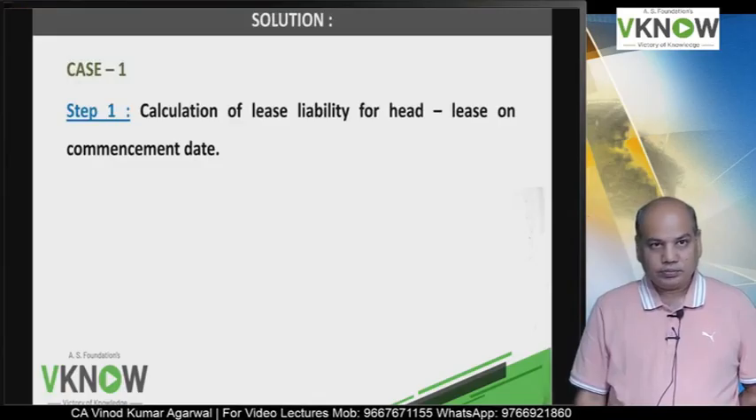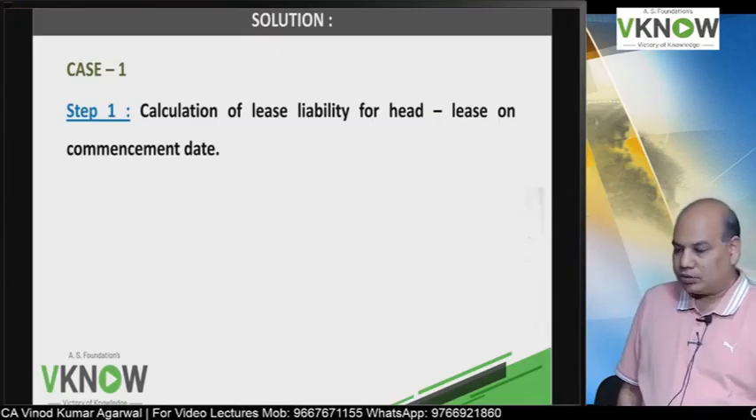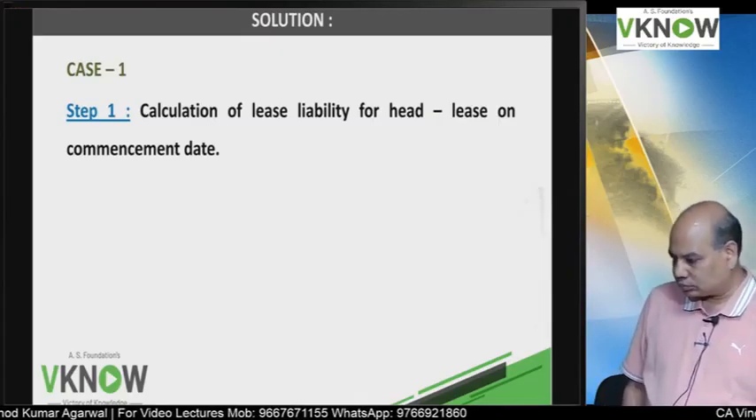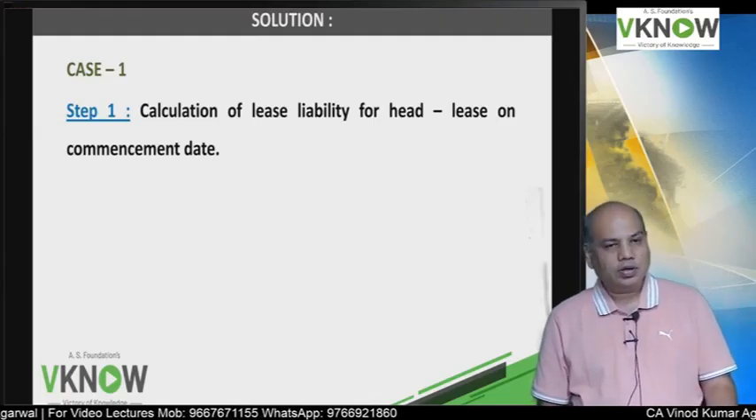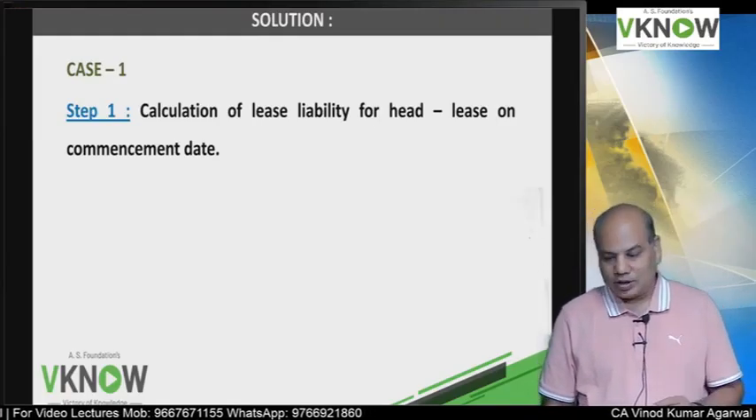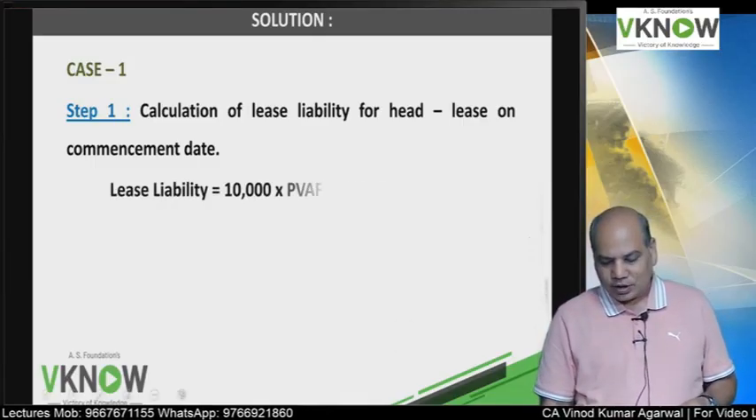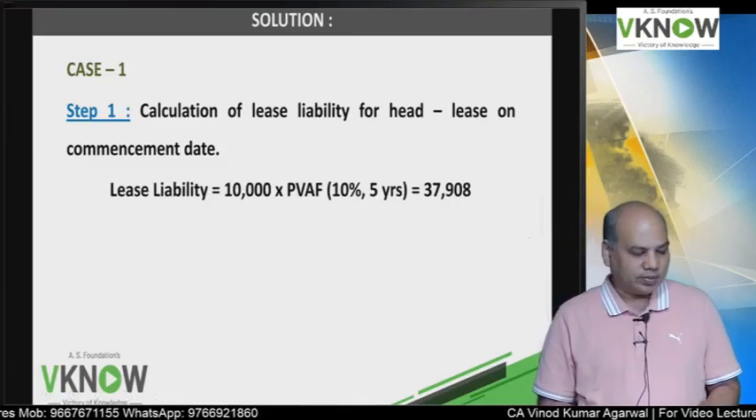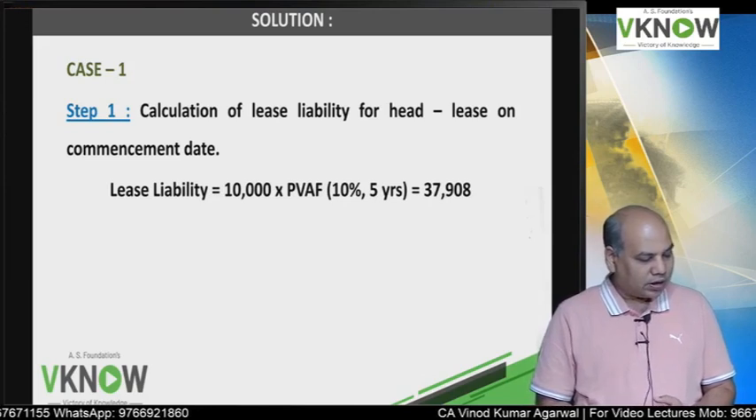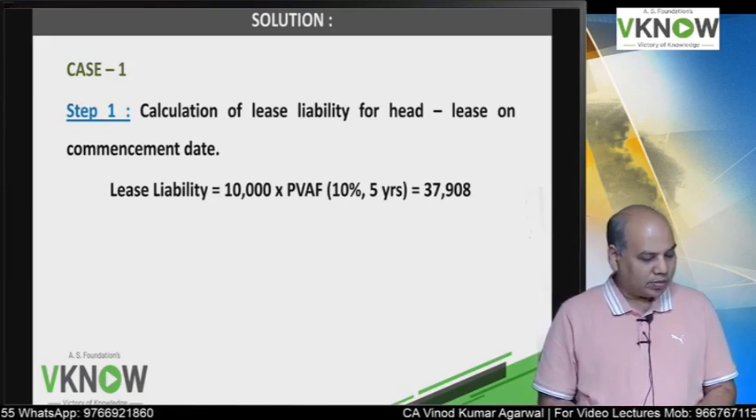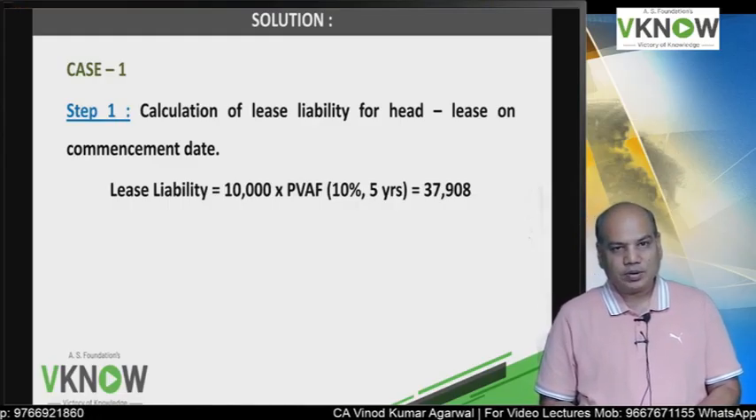Case 1. Are you ready for this amazing and wonderful question? Step 1: calculation of lease liability. First I will have to also learn how to account for the main lease. We are lessee for the head lease. Calculation of lease liability for head lease on commencement. The head lease rental is 10,000 per annum, payable at the end, lease term is 5 years, incremental borrowing rate is 10%. So combine these numbers,